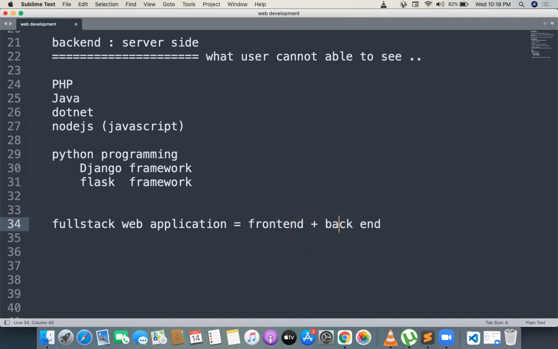So it may take 3 months also, I don't know, based on the timings, based on the duration, based on the things we are going to cover. Definitely I'm going to cover a lot of things in the front end and back end. So front end, I'm just going to review all the things. We already know HTML, CSS, JavaScript, I think so. Even so, I am going to deal with HTML, CSS, JavaScript, jQuery, Bootstrap.